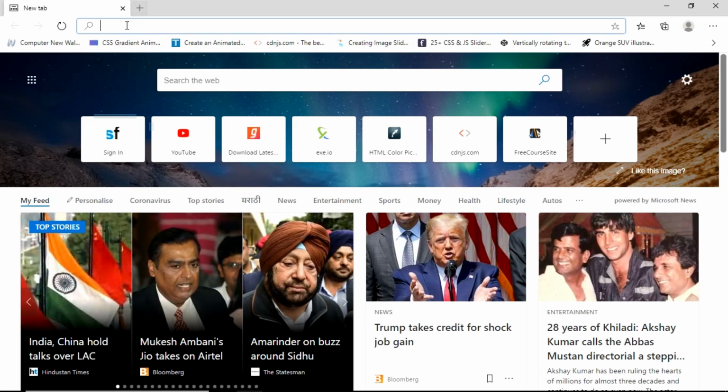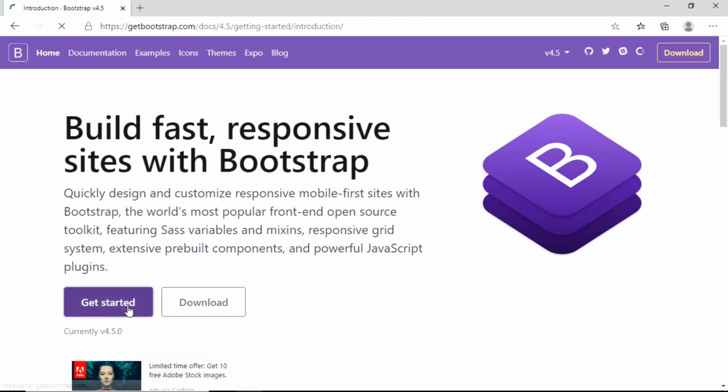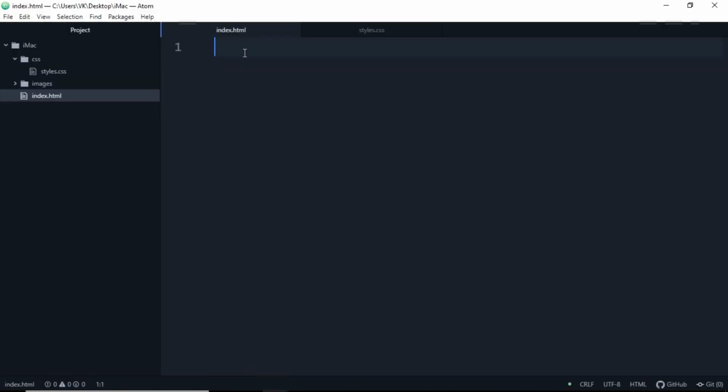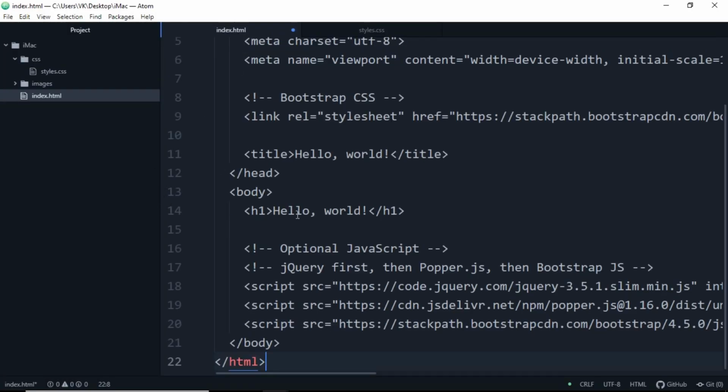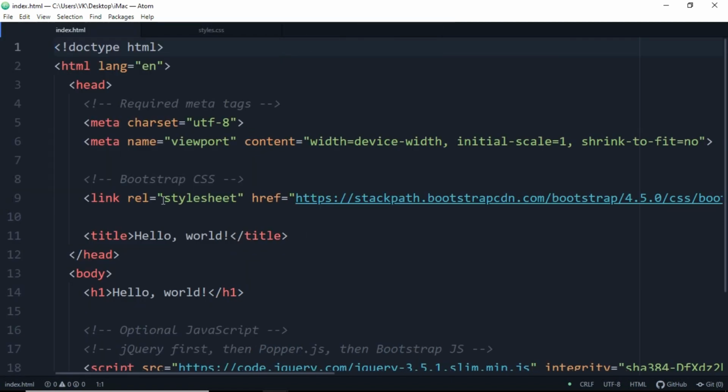and search for Bootstrap. Click on the first result, Get Started, copy the starter template from here, paste it here, save it, open it again and maximize the screen. Remove this hello world from here, make the title